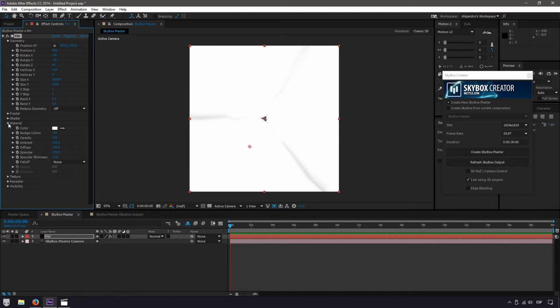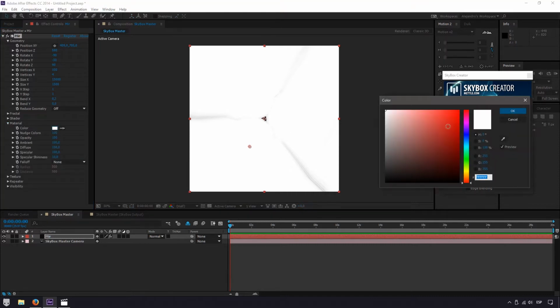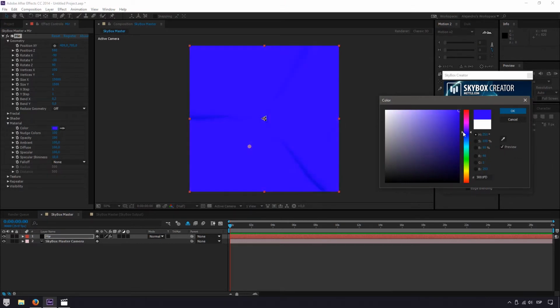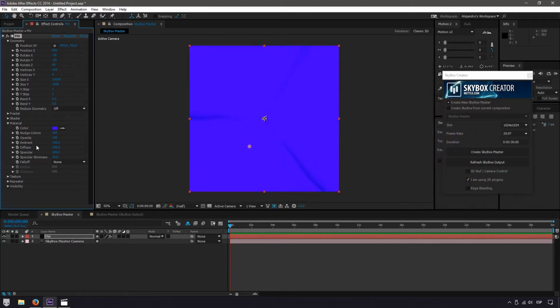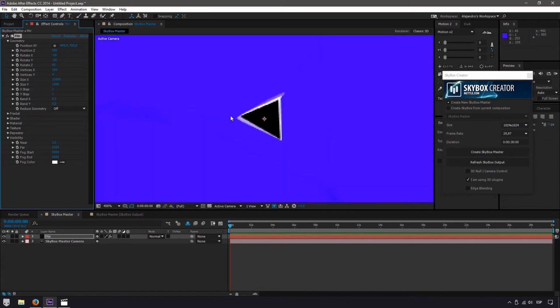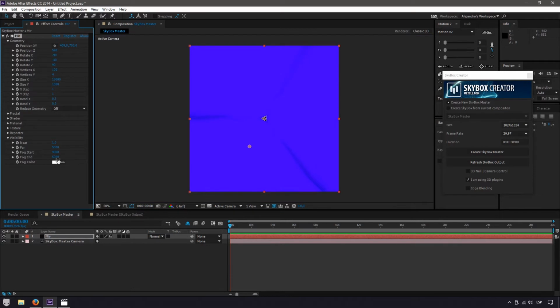Now we have the material, and we are going to select color. I don't know, let's go with some purple or so. So yeah, something like this. And now, okay, the material, nothing more, no texture, no repeater, and then visibility. You see that white thing right there? It is because of this. So we can decrease